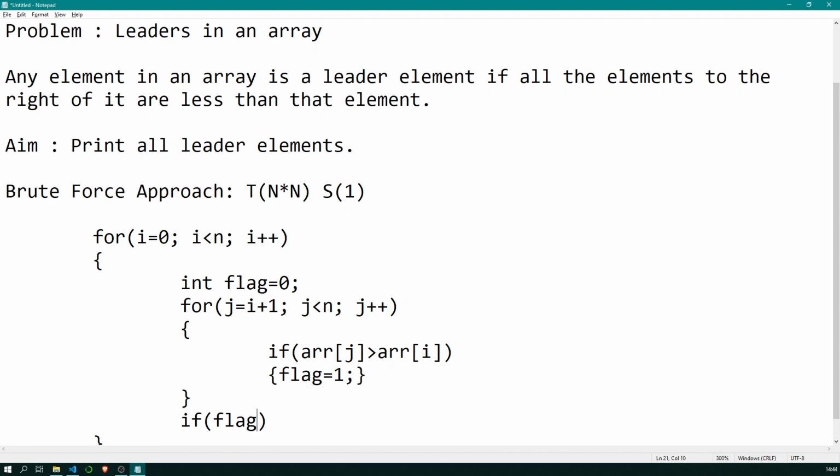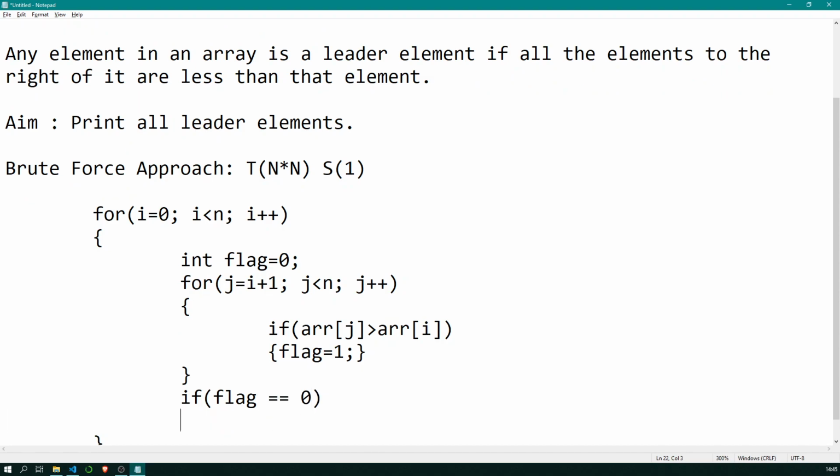Sorry, if the flag has not been reset to 0, then the element is not a leader element, because we have found at least one element which is greater than the current ith element. But if the flag is not set to 1 and the flag remains 0, then this indicates that the current element is the leader element.